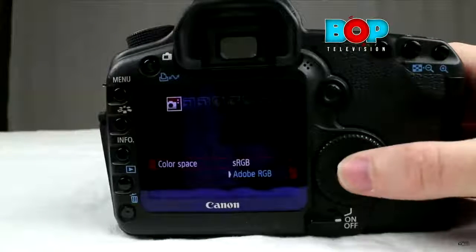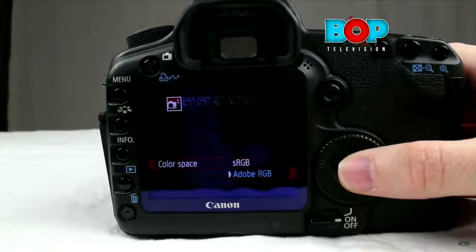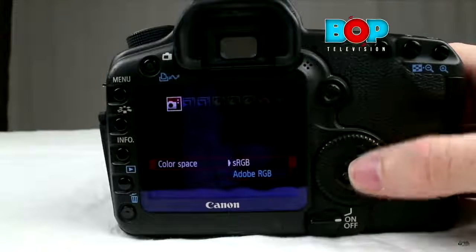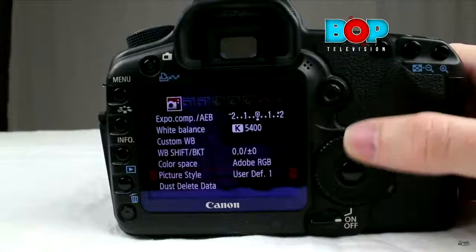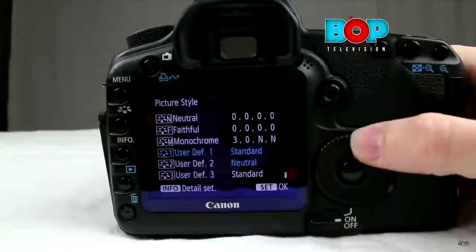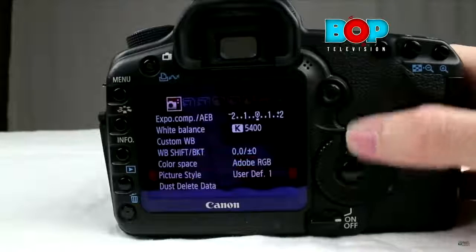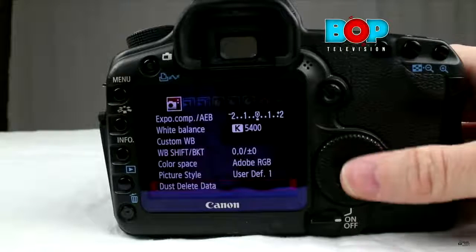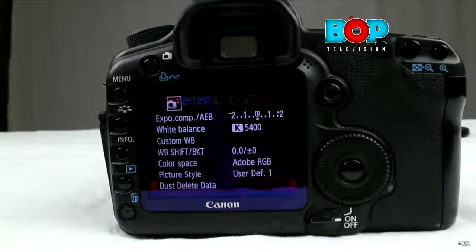You have the color space. I have it set to Adobe RGB. Some people like the sRGB. Picture styles. You have your picture styles, of course. This is also where you would load in CineStyles. You have CineStyles. And then you have your dust delete data. And that's just another form of sensor cleaning. And it helps